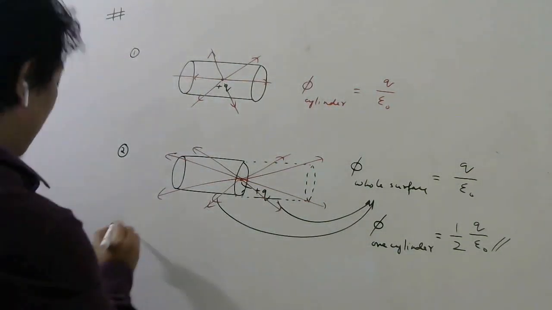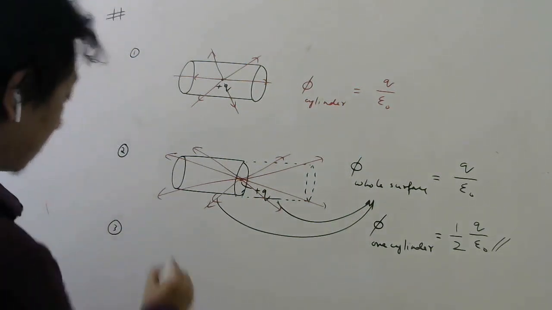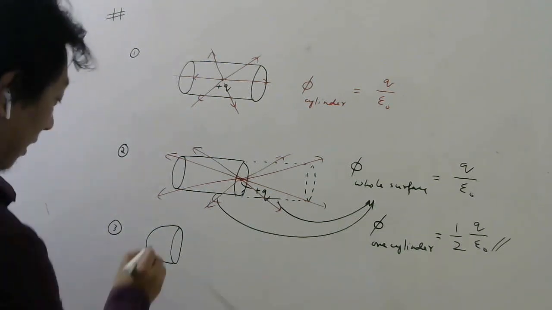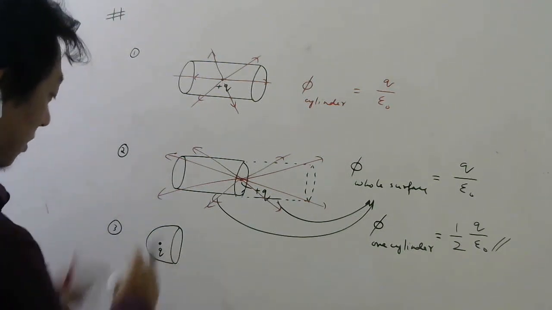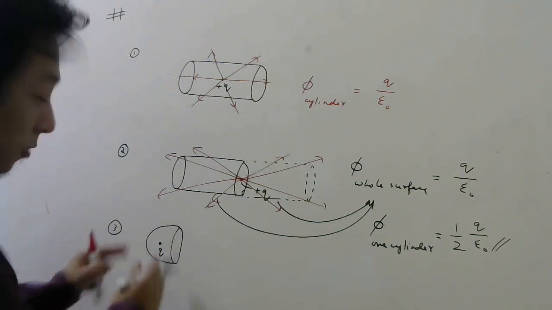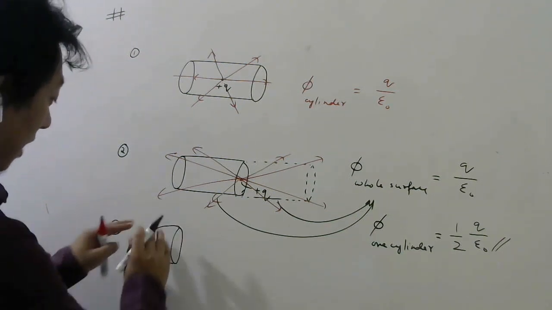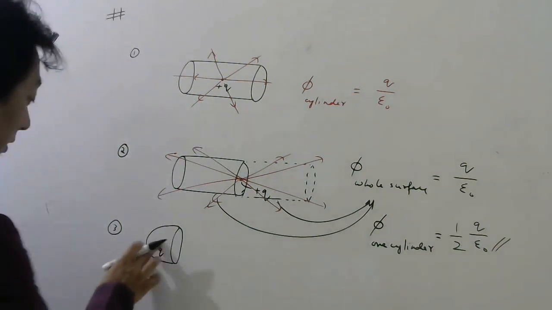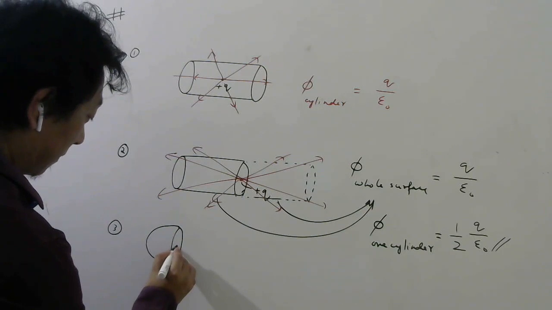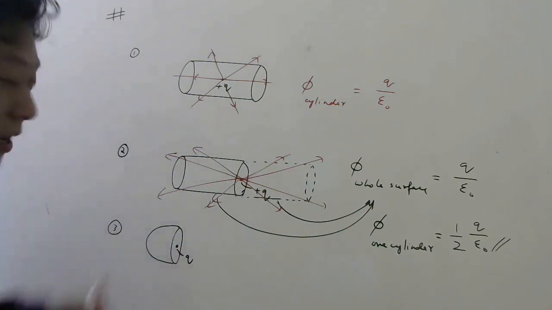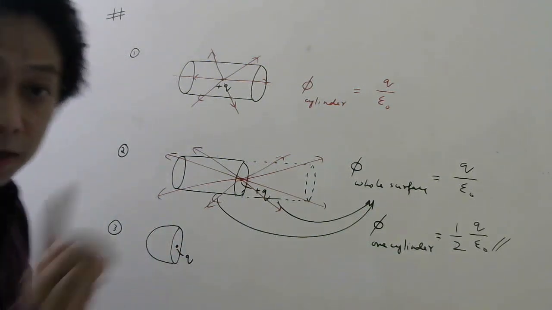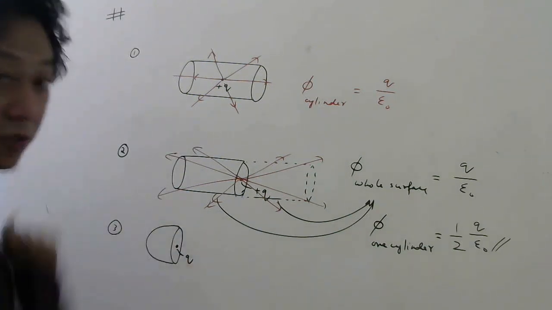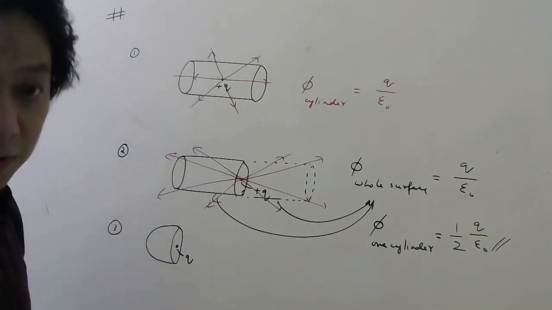So in the same way, they may ask you sometimes like this. There is a hemisphere like this, and charge is kept inside. So what is the flux through this hemisphere? Easy, right? Because this is also a closed surface. So if they ask flux through this closed surface, you can write Q by epsilon naught. But if this Q is kept here, and then I ask flux through this hemisphere, then you cannot directly say Q by epsilon naught because you cannot use Gauss law for this distribution, because the charge is on the surface, not inside the surface.